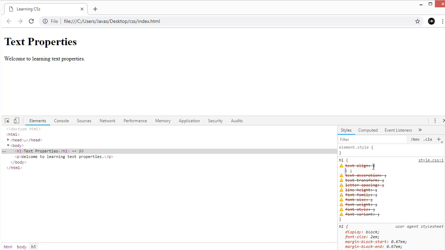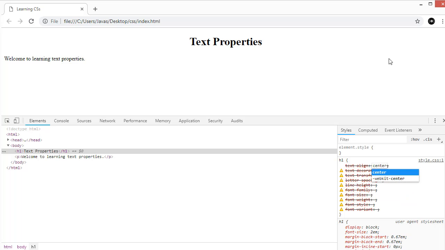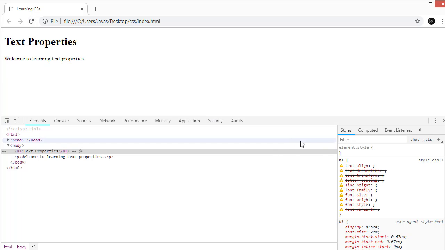Now we know that it has, if I just click on this yellow icon and then give it a value. We know the text align has center. You can see it's on center. If I just add right, it's on right, and if I just add left, which is by default on left. Okay, let me just keep this on center. It works, and this is on browser level. If I just refresh, the effect would be no more, right? Okay, let me just add the